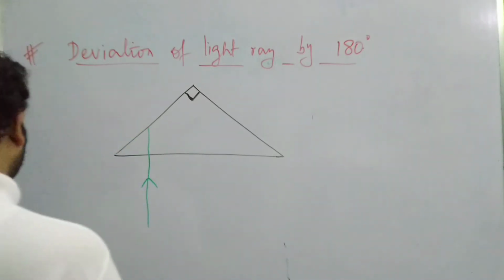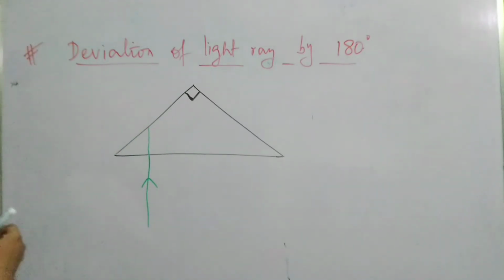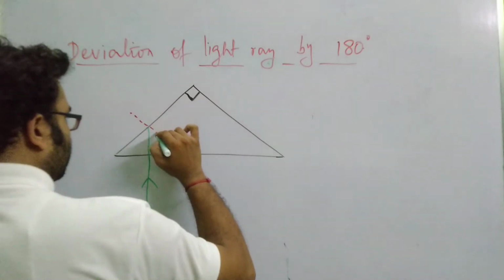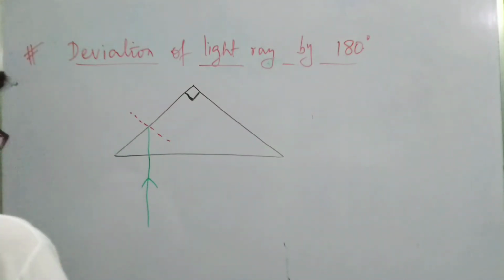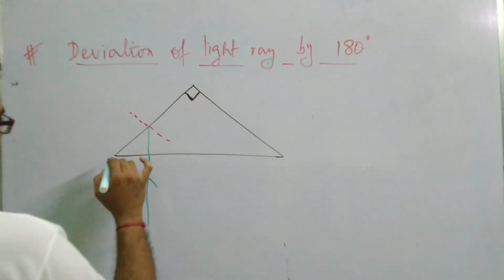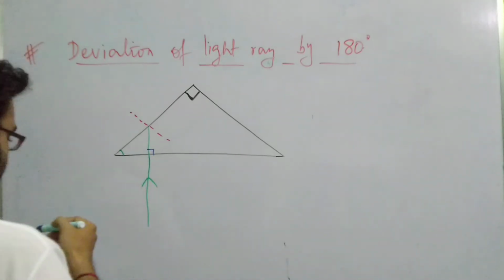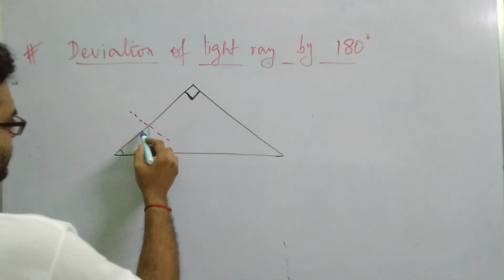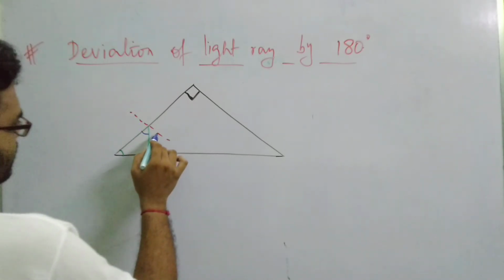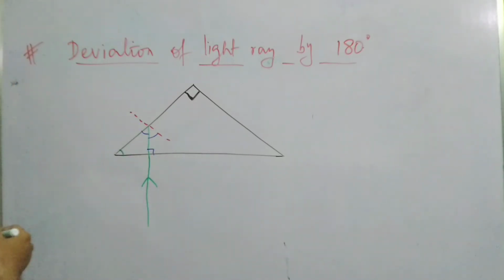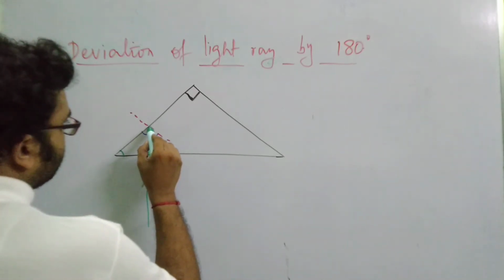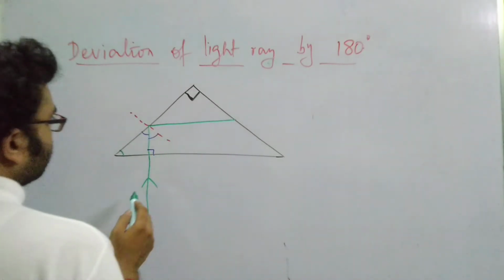Now when it hits this surface, if I draw a perpendicular, a normal here, the angle of incidence will be 48 degree. How can you determine that? This angle is 48 degree. Now this is already 90 degree, so this angle will be 48 degree, hence obviously this angle will also be 48 degree. So obeying the laws of reflection, the light will be reflected and will move out like this in this direction.